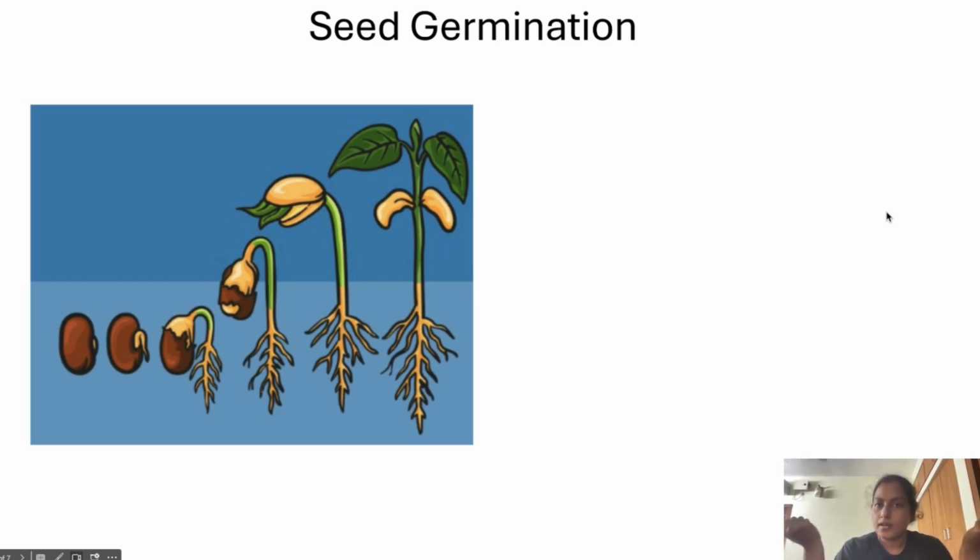Do you think they're going to become an apple tree or many such trees? No. Because the seed needs nutrition. The seed needs water. The seed needs sunlight. The seed needs minerals. Only then it can become a seedling. That process of seed becoming a seedling, a tiny plantlet, is called seed germination. So, when you give the required conditions to a seed, the seed starts germinating.